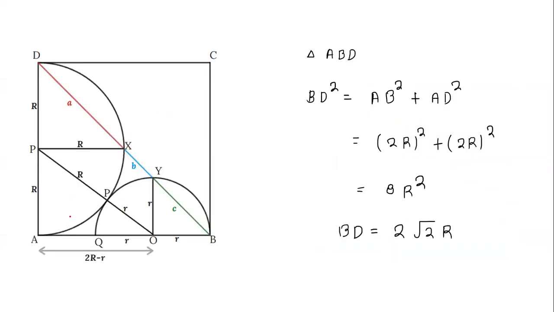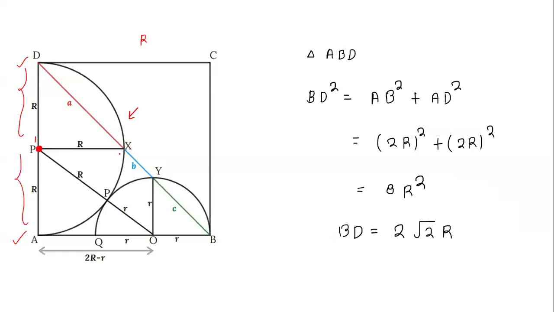In this figure, let's assume this point P dash is the center of this bigger semicircle. And we can see that this point A and point D are lying on the semicircle. We also know that from the center to any point on the circle, the distance is equal to the radius of the circle. So let's assume capital R is the radius of this semicircle. So this is capital R and this is capital R.